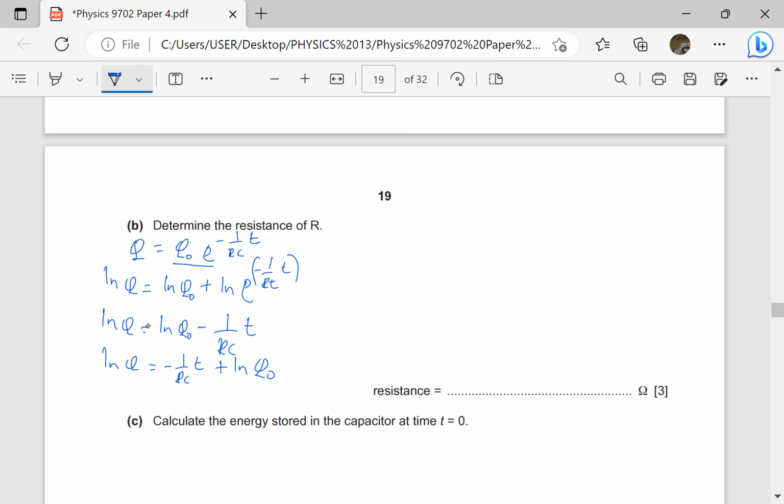All this mathematics is not necessary. Compare with y is equal to mx plus c. On the y-axis, we have ln of Q. On the x-axis, we have t. It means the gradient is going to be equal to negative 1 over